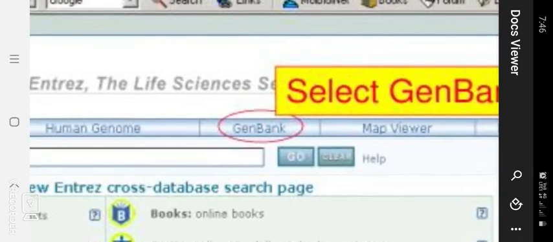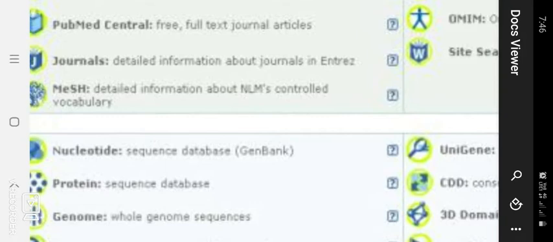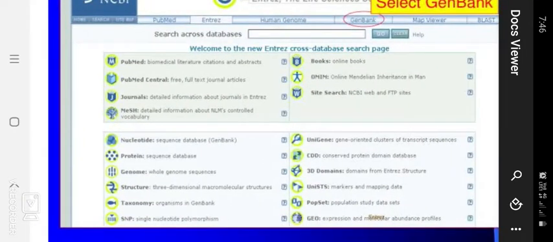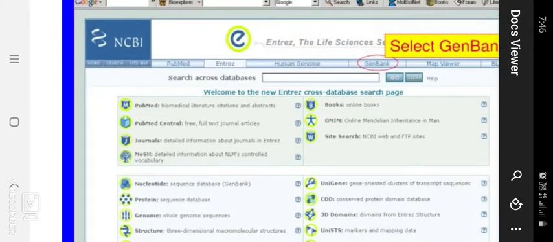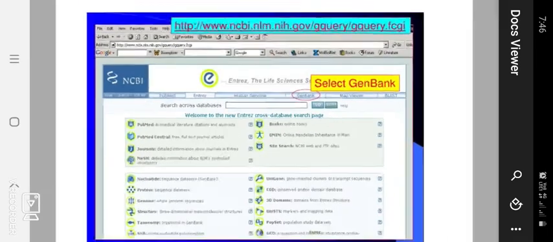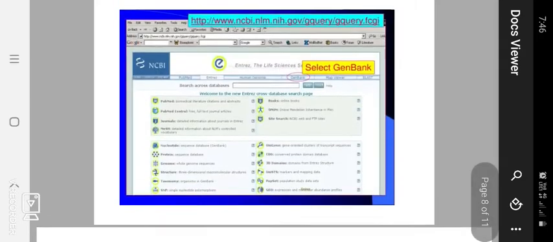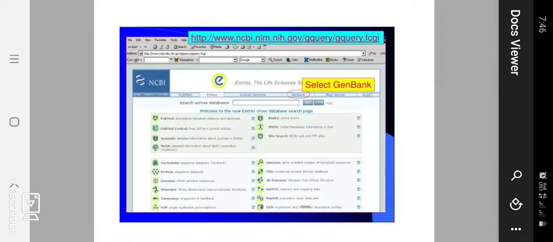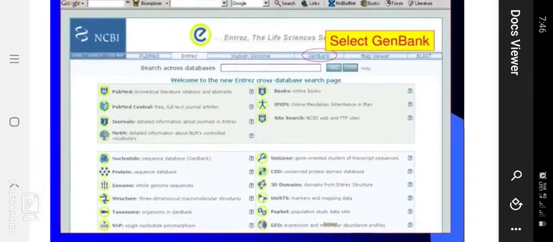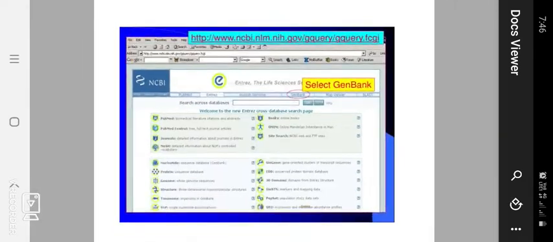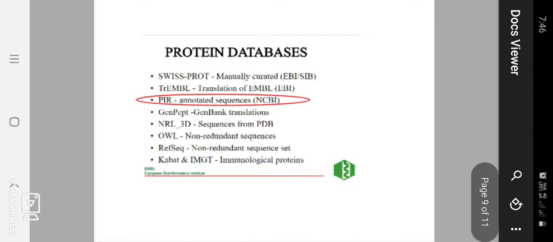So you have to select GenBank. Then lots of sequences, nucleotide and gene, genetic sequences, everything will appear. Okay, this topic is valuable to you, so just go through the websites online directly. Okay, thank you.